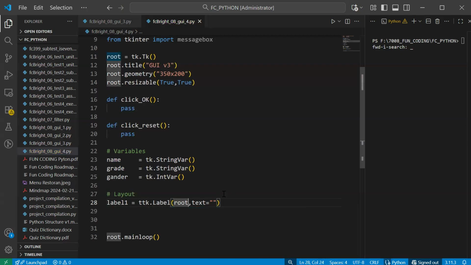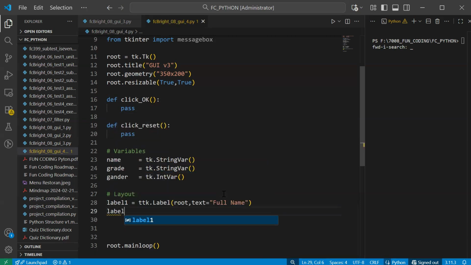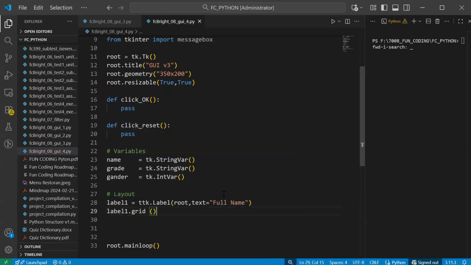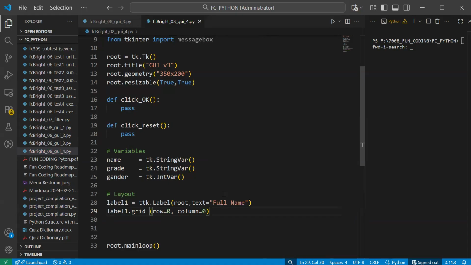Here should be the student's full name. And then finally you put that into the grid, in row 0 and column also 0. So that's all. You can run and see what the result is.